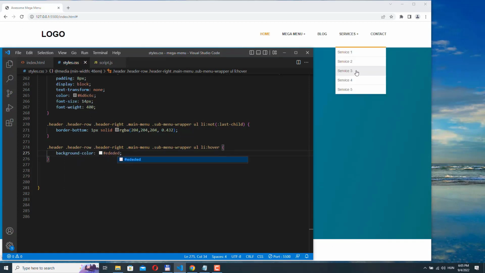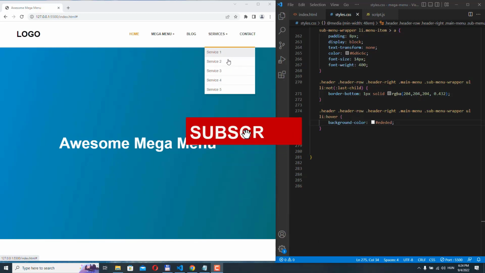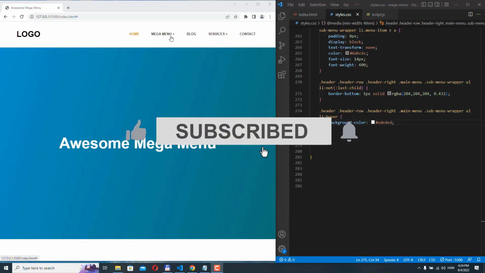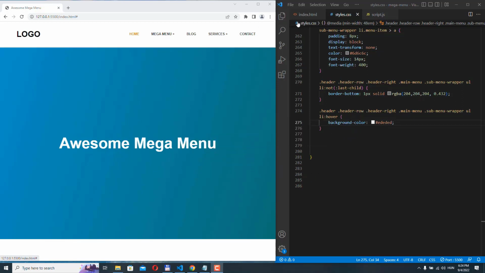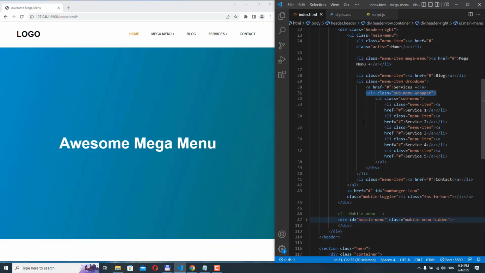And it's working nicely. Let's do the mega menu. So now we have the normal drop-down menu. We still need to create the mega menu for the desktop version. So let's go back to the index.html file, and this is where we need to add the